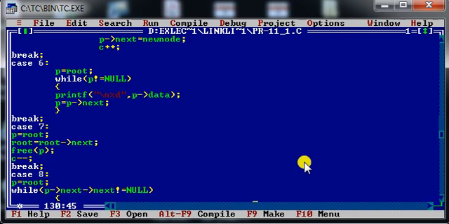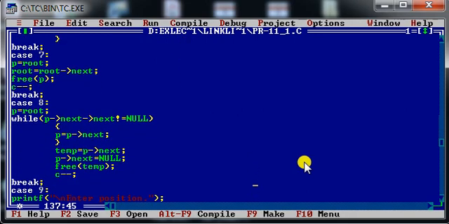The next case is deletion from the end, or you can say the deletion of the last node. For that, I have to traverse till the last node. Let's say this is the content of my existing linked list. I cannot change the root pointer from 9, otherwise I may lose the starting address of my linked list. So I will keep my root pointer at element number 9.